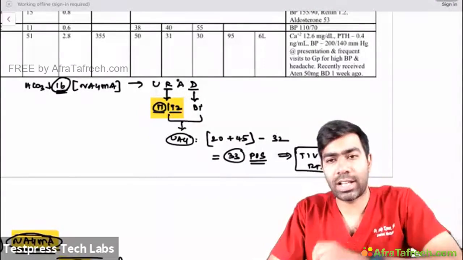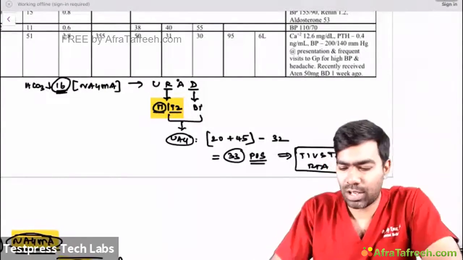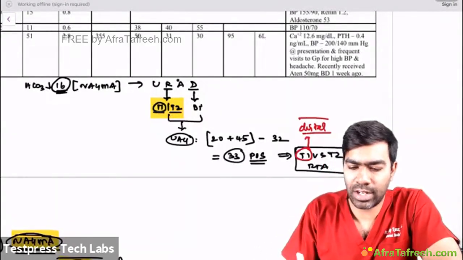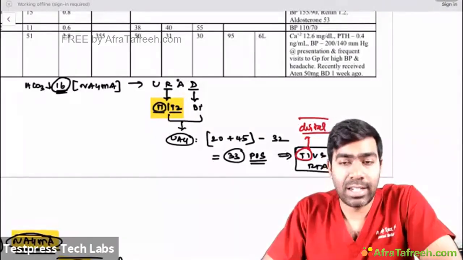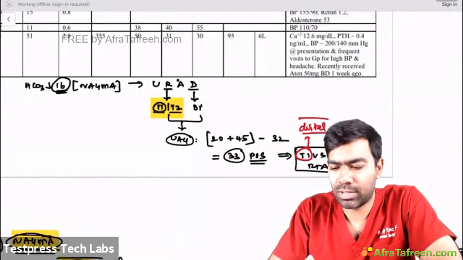In the presence of acidosis, if you have an alkaline urine, pH of 6.5, urinary pH, of course I will be choosing a type 1 distal RTA, because yesterday itself we saw very clearly that in the presence of acidic blood, if you have an alkaline urine, there is only one possibility in the exam, that is distal renal